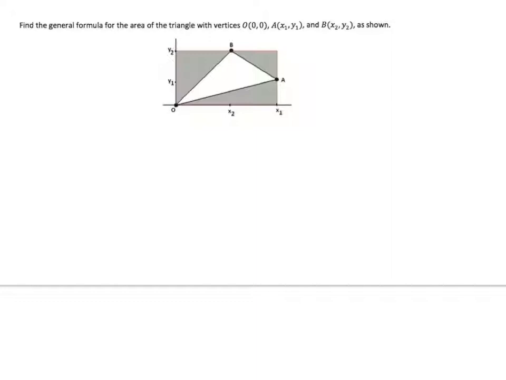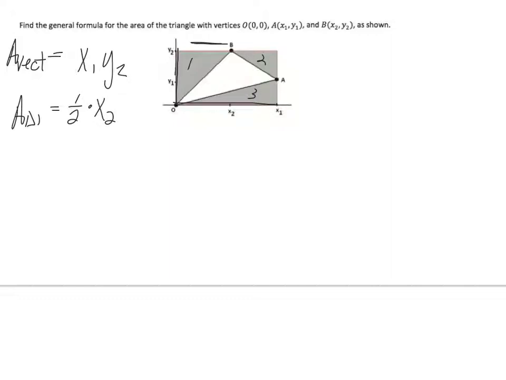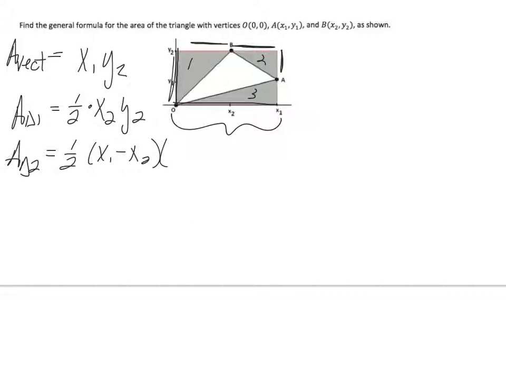So what's the area of the rectangle of this one? I've got x1 times y2. Now 1, 2, 3. How about the area of triangle 1? 1/2 base, which is this length, that's x2, times height, which is y2. The next triangle is 1/2 this distance. It's going to be x1 minus x2, because this whole thing is x1, times my height, which is y2 minus y1. And then the area of triangle 3,